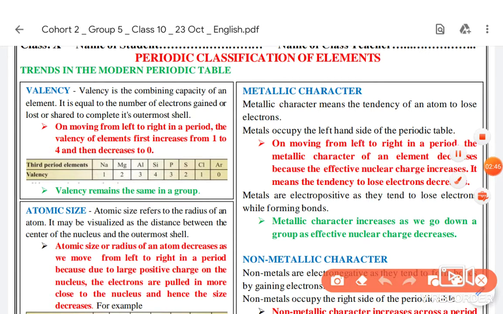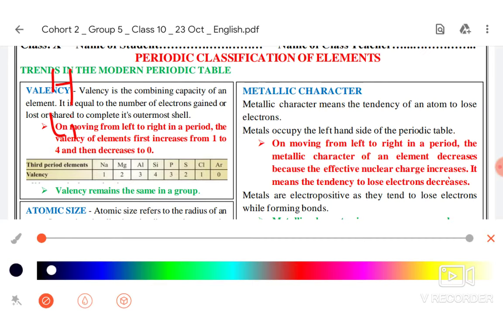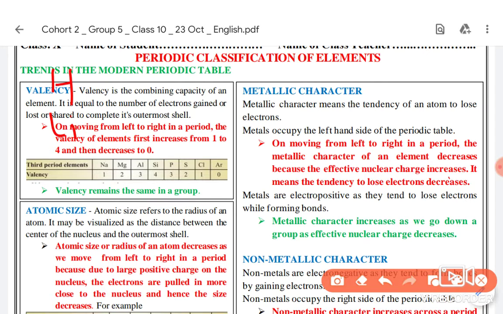So let us look at the valency, how it varies in the period and in the group. If we move from up to down, let us take the first group: hydrogen, lithium. You can see in your book the periodic table, or you can get a periodic table yourself when you are doing this exercise. Hydrogen has atomic number 1, so it contains one electron, so its electronic configuration will be 1.